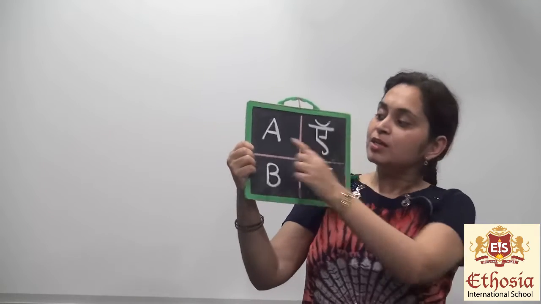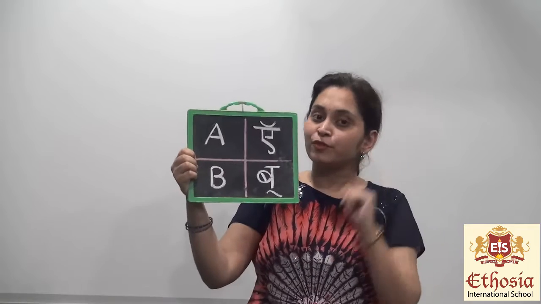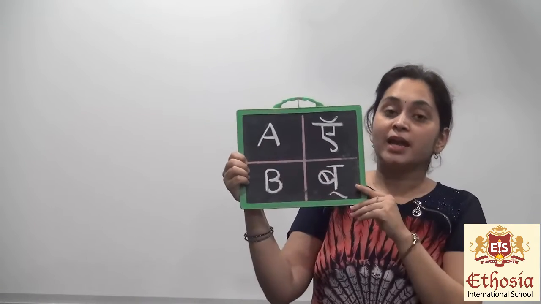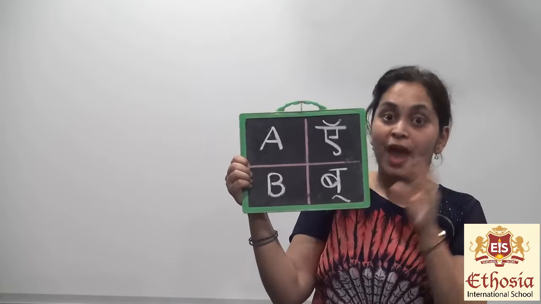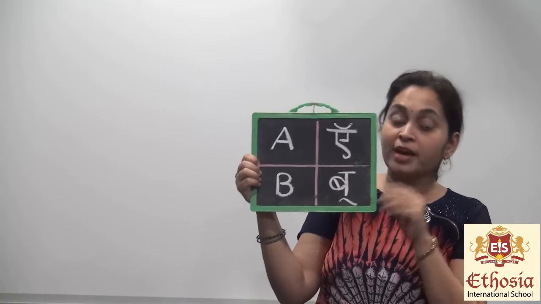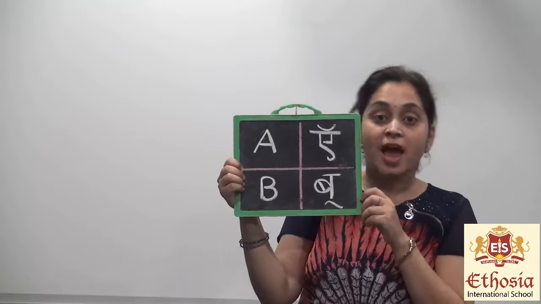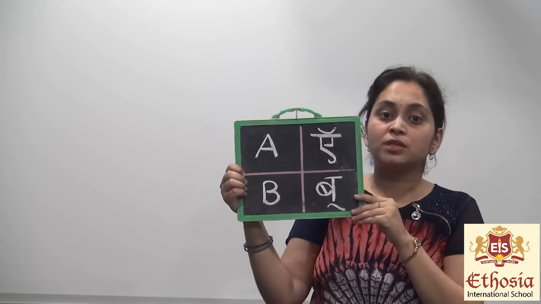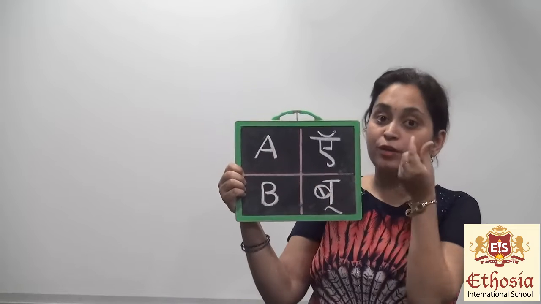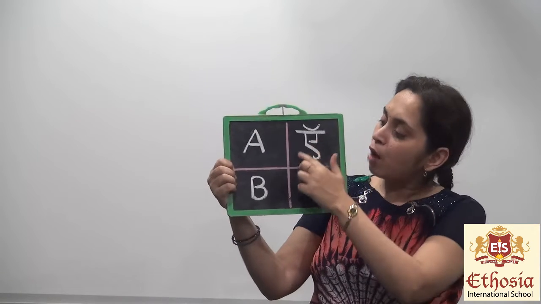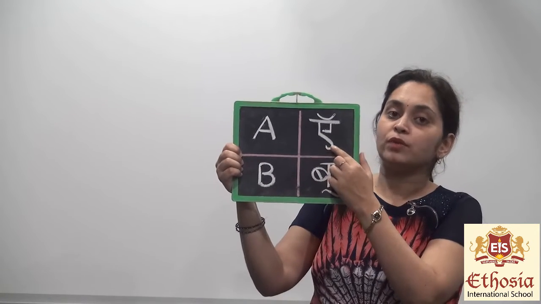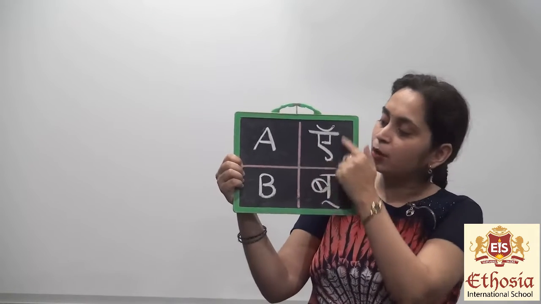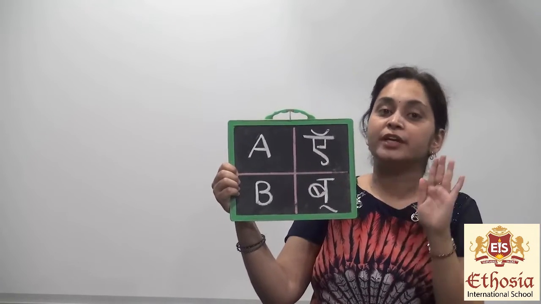Alright. I am going to tell you 2-3 words also which start with capital A. Let's say I am saying apple. Apple is a fruit which you eat. Apple, and alligator, and there are many more. So how will we take out the sound when we see this alphabet in any word or spelling? You will take out the sound A. As you see this alphabet, you will take out the sound A. You have to read it phonetically.